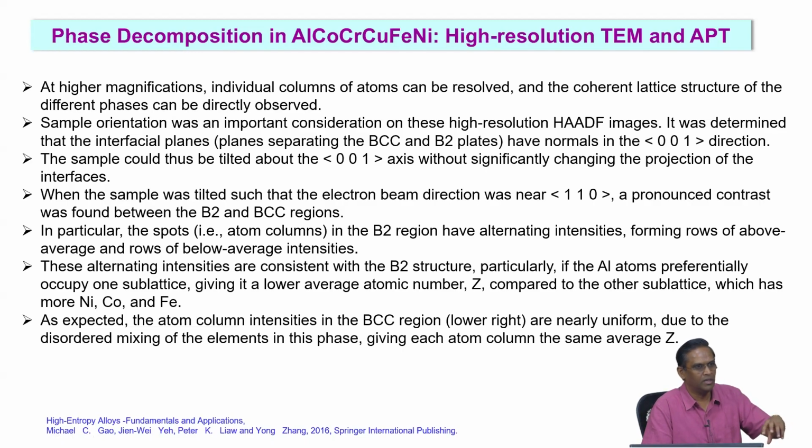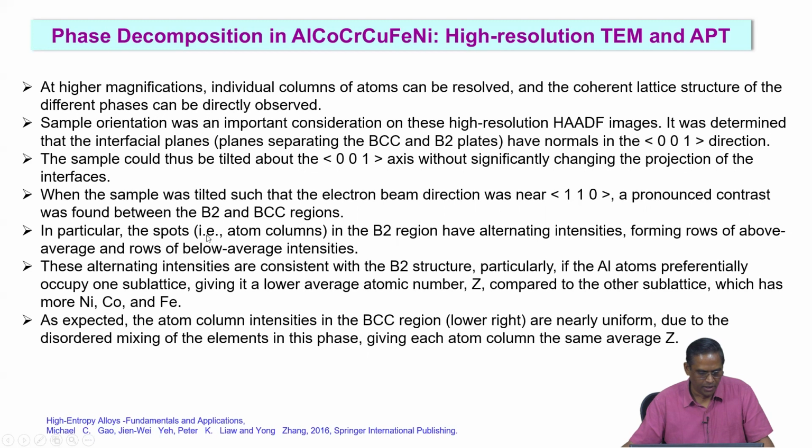So, you have to orient that local region to that particular orientation. For example, we are saying that the interface between this BCC and B2 has normals in the 1, 0, 0 direction. So, that means if you want to look at that interface more clearly, you have to orient that phase clearly to this. That tilting facility is available in TEM. You can tilt them,